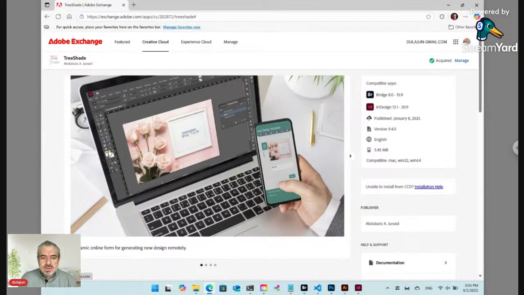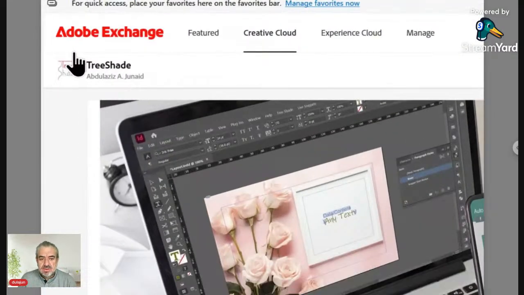In this session we will talk about how to manage content using TreeShade for graphic designing and for marketing, for team collaboration and online collecting for the content as text or assets, photos, videos, etc. The software I have developed over the recent years,